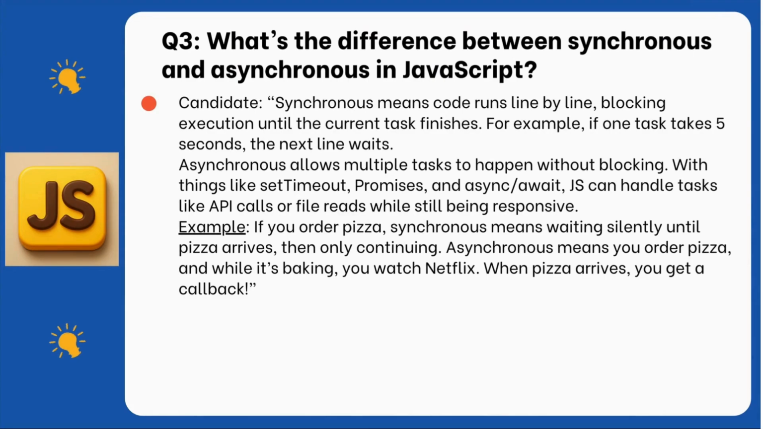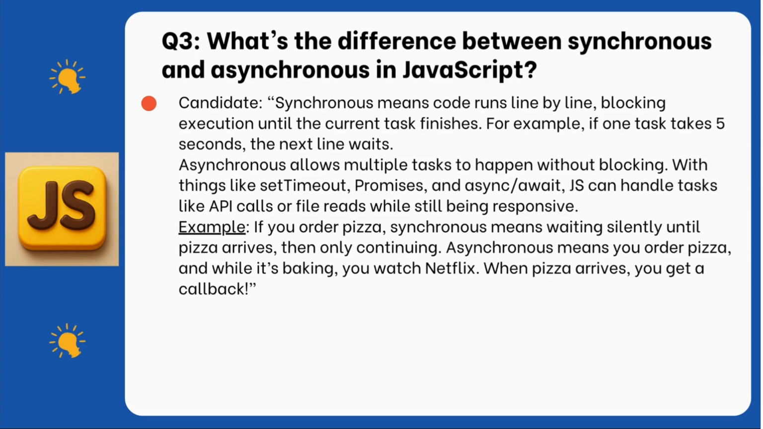Okay, what's the difference between synchronous and asynchronous in JavaScript? Synchronous means code runs line by line, blocking execution until the current task finishes. For example, if one task takes 5 seconds, the next line waits. Asynchronous allows multiple tasks to happen without blocking. With things like setTimeout, promises, and async await, JS can handle tasks like API calls or file reads while